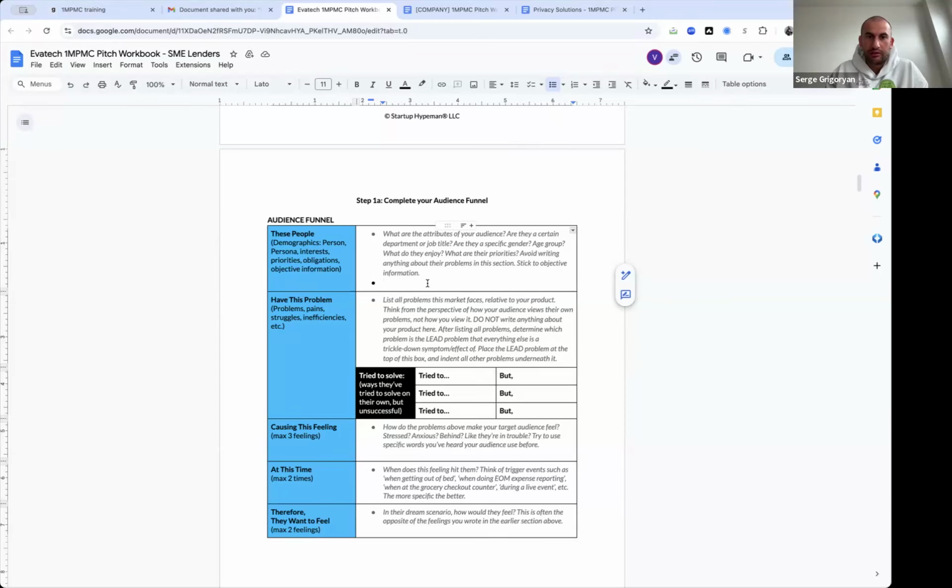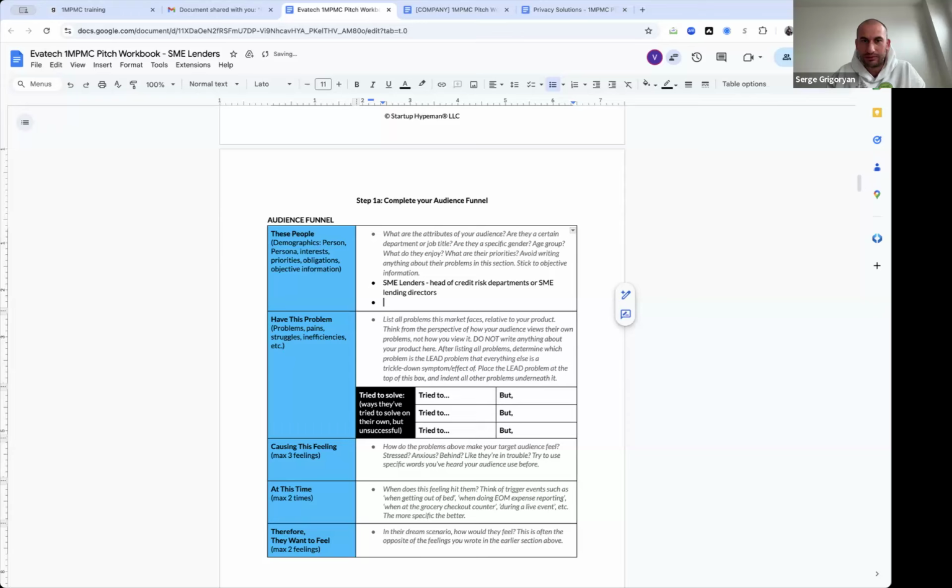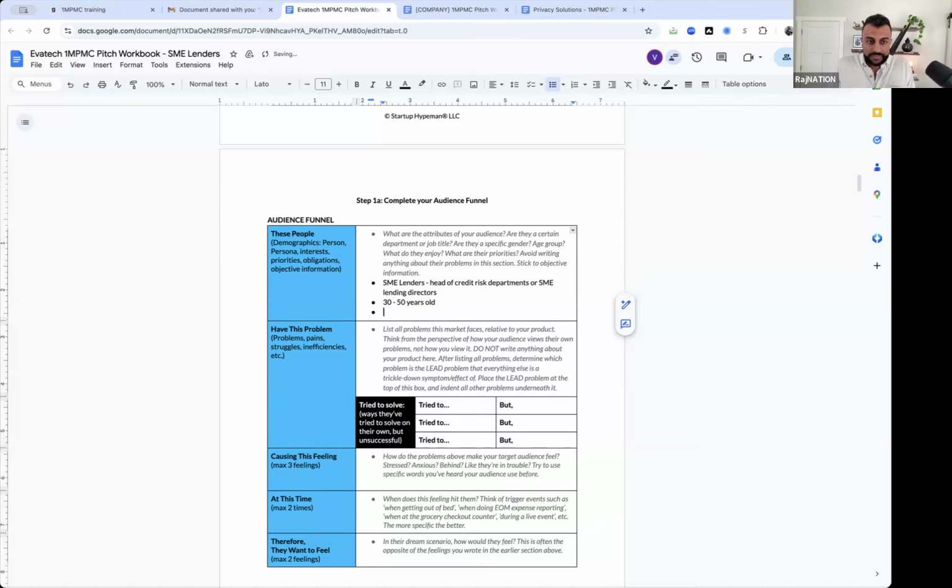These are generally the head of credit risk departments or SME lending directors who are looking to find reliable proof. Well, oh yeah, no, sorry, I'm not talking about that. So they're generally around 30 to 50 years old. Okay.